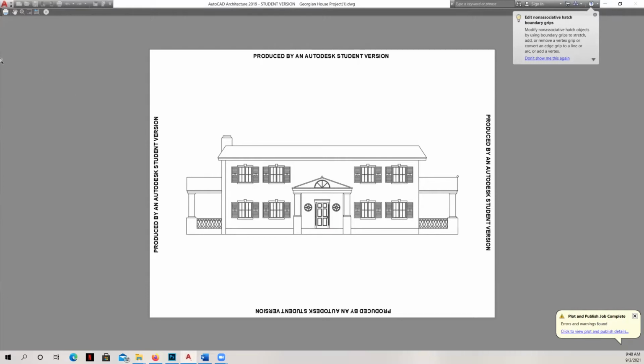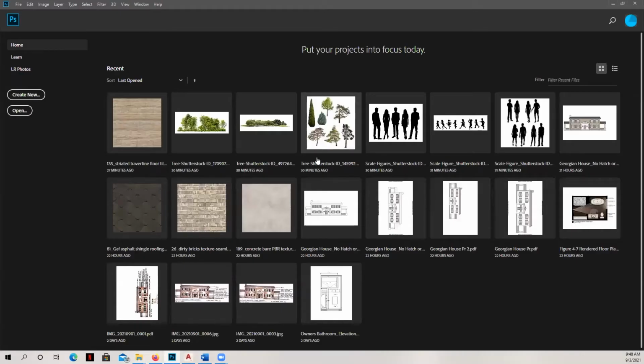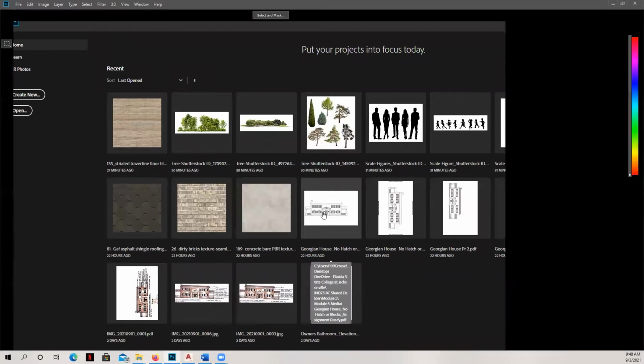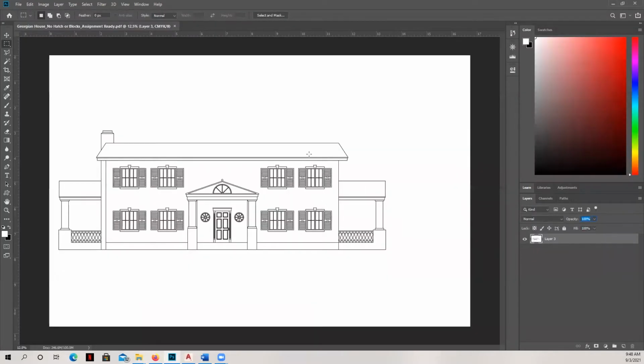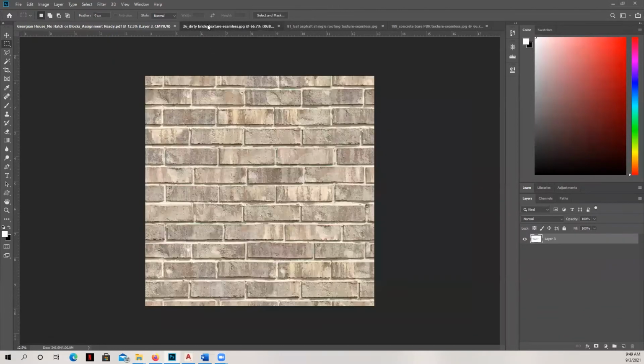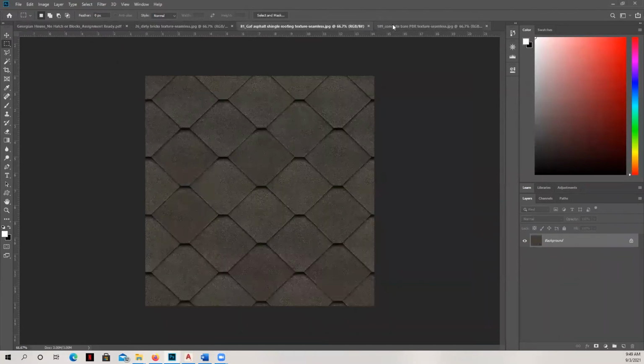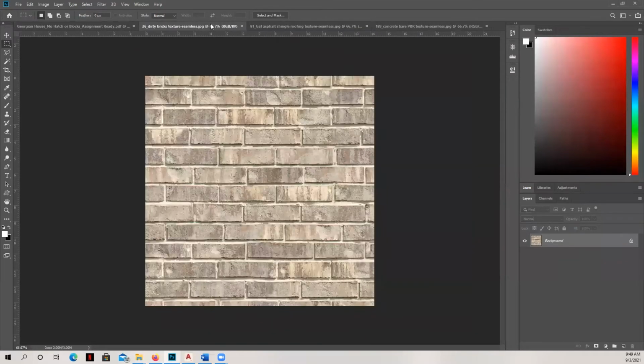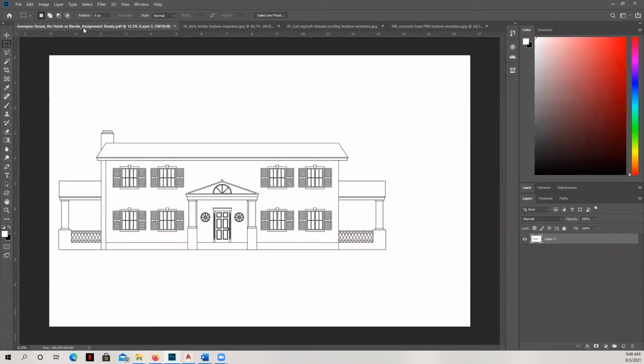So once we've got that ready, then we can just go ahead and hop on over to Photoshop. I'm going to bring in that document here. And you can see that I have actually moved it over a little bit because we're going to add some labeling to the side over here as well. And you can see I've also brought in a series of textures that I have downloaded, and you can see these are seamless. These are what I'm going to use to apply to this exterior rendering.